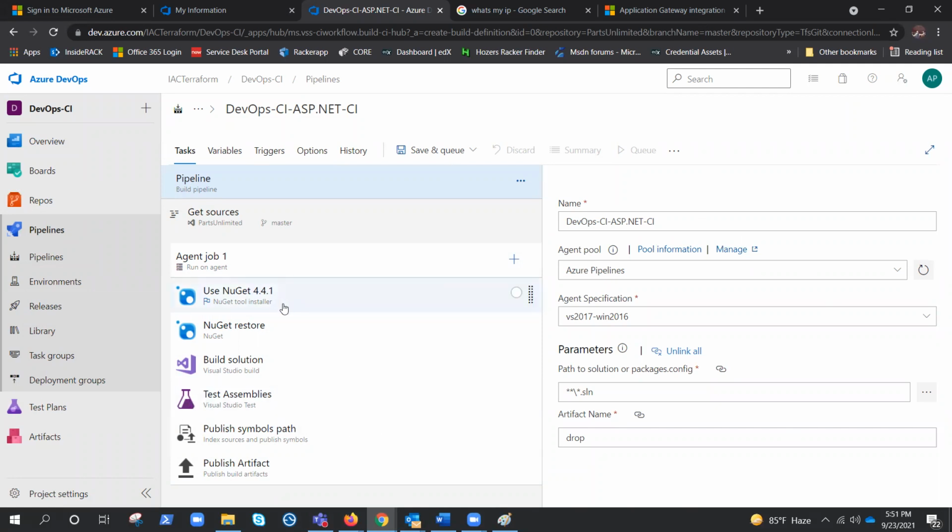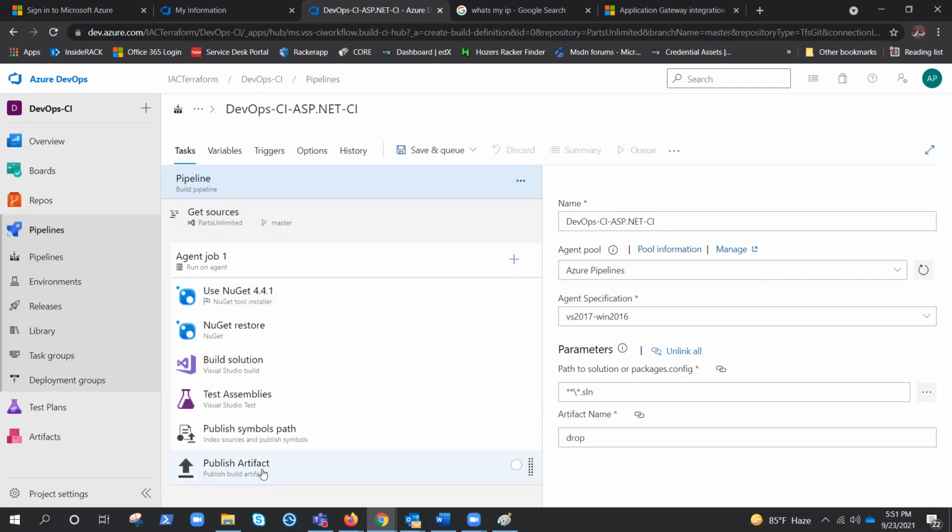So Azure DevOps will use NuGet to restore any dependent packages. And the project will be built and tested. Then the result will be published under publish artifact. If you remember, we did this task manually in the YAML file, okay,